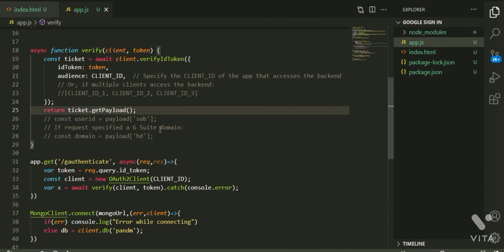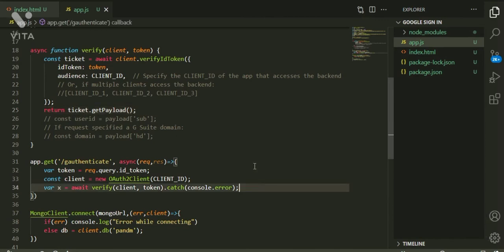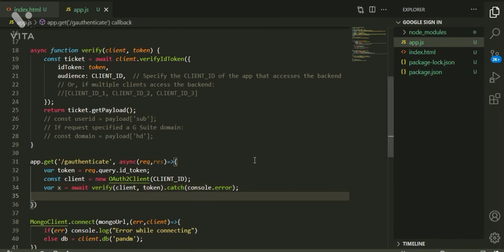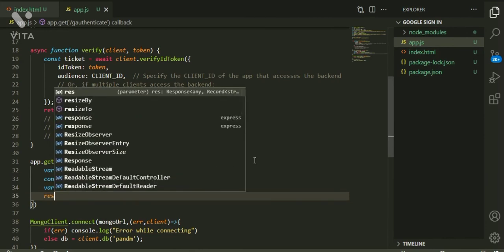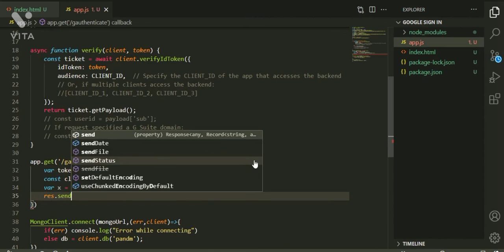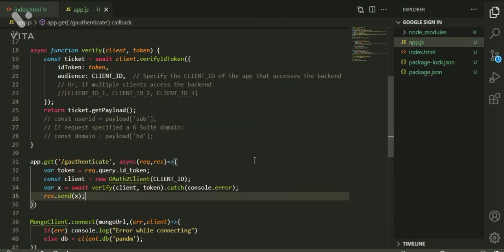Okay, with this we are set. Now just for verifying, just for seeing what we are getting, let us send x as a response.